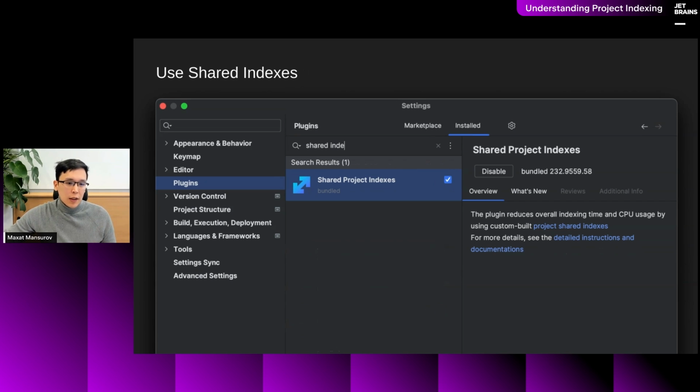These shared indexes are very helpful in making sure that all the indexes that are built on one machine for the same code base that is shared among other developers can be shared with all of them, and it will help you, instead of wasting CPU cycles on building the indexes from scratch every time. You can just download them using this shared indexes feature.